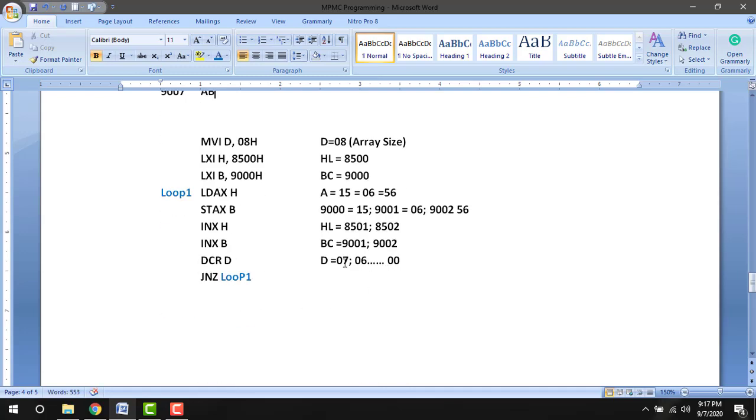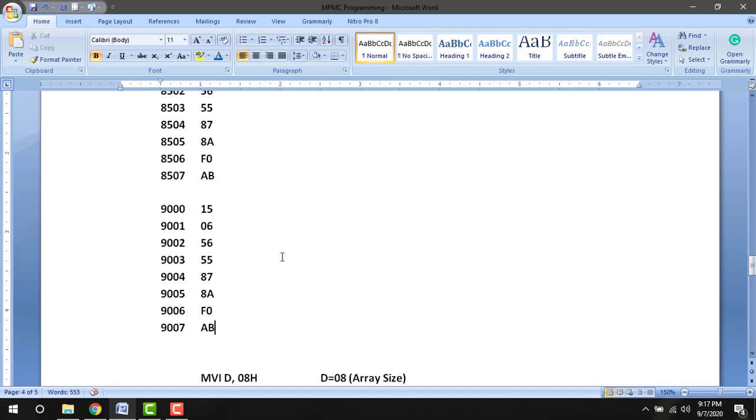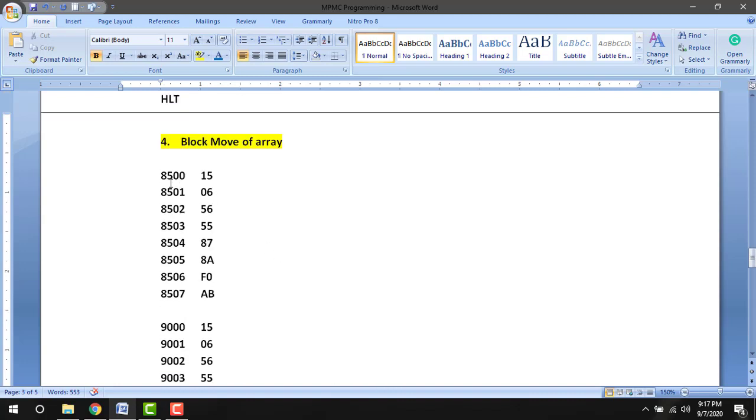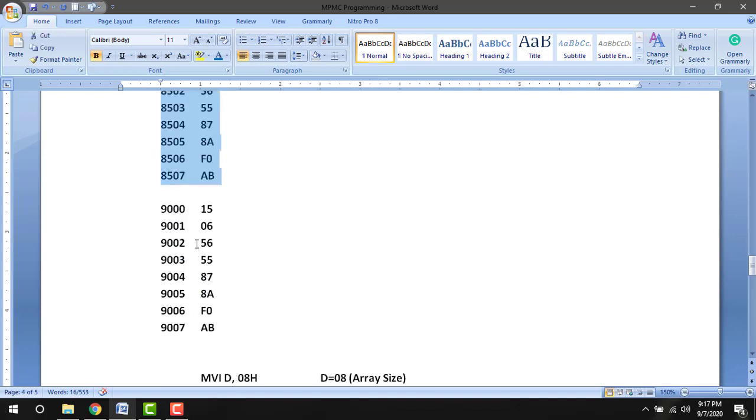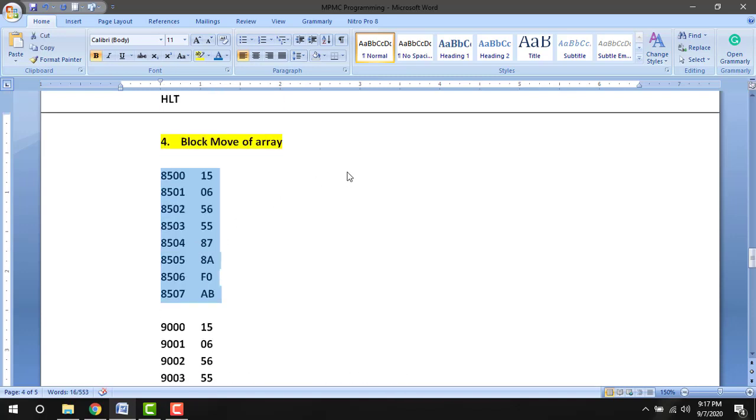When this count is 0, all 8 data will be moved from the array starting from 8500 to 9000. So this is a program for block move.